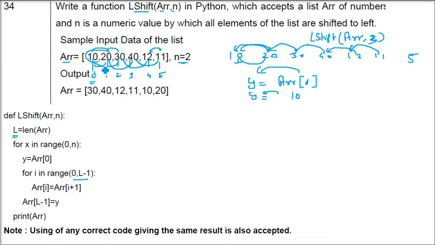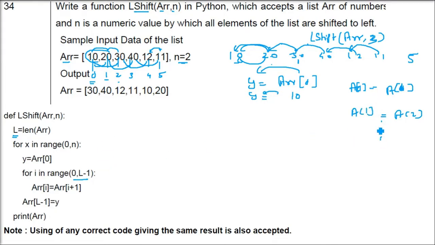So 20 has come to 10. If we take the index, that is A0, A1. A1 has been shifted to A0 position. That is 20 has been shifted to 10 position. And 30 is shifted to 20 position. So A2 is now at A1.